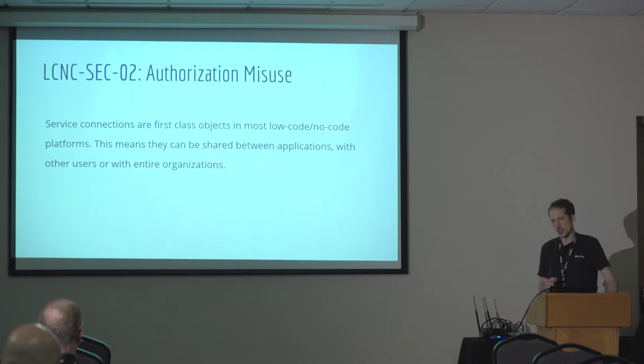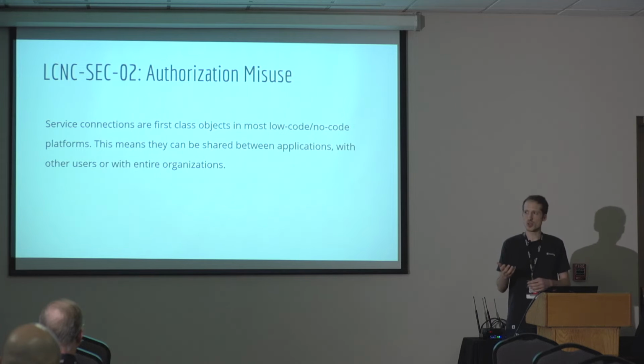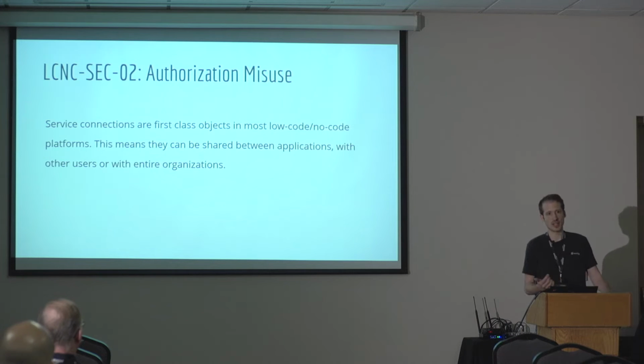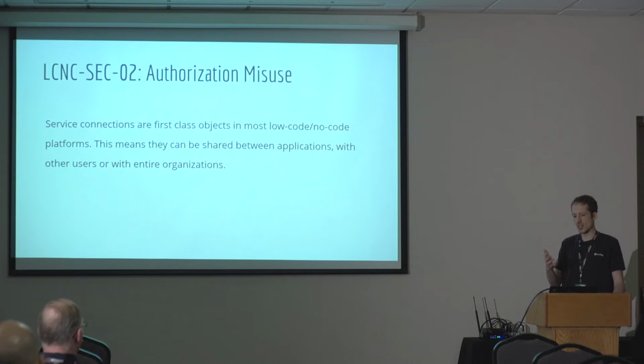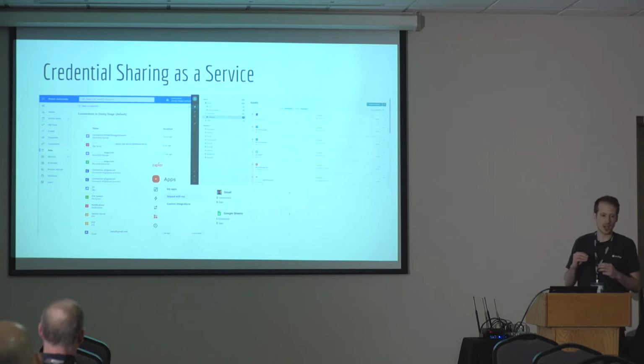The second risk is around authorization. Now, one thing that you could be thinking is, authorization is a general application security problem, and you're right. But the problem, as we've discussed, becomes worse with low code. And the reason is credential sharing. As I mentioned, these connections that the applications are creating are actually wrappers around refresh tokens.